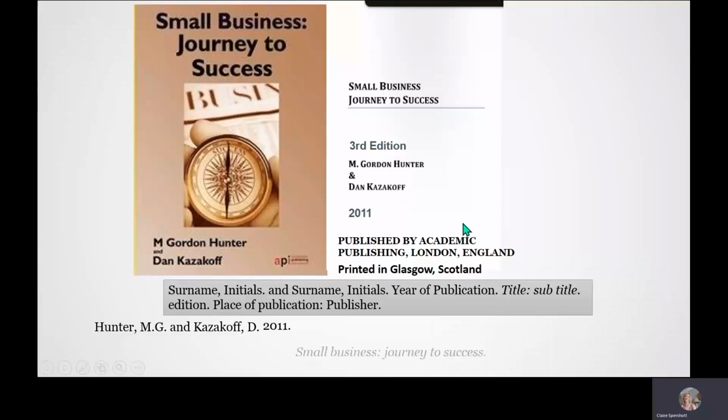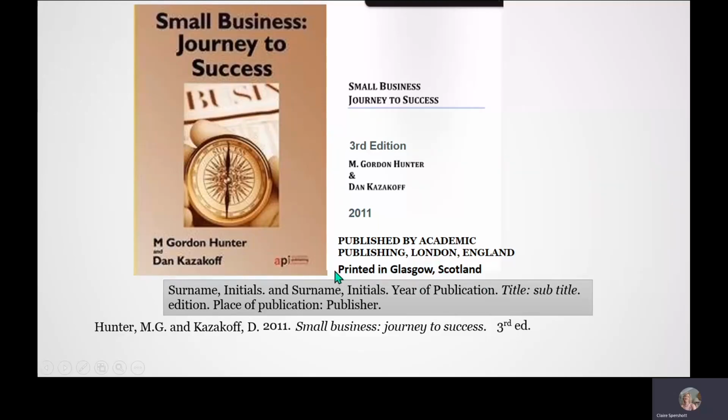But when we're writing the title, you only capitalize the first letter of the title unless there's a proper noun in it. So only S for small business will be capitalized, and the subtitle is all in lowercase. Okay, the edition is the 3rd edition. And then the place of publication and the publisher. So this says published by Academic Publishing, London, printed in Glasgow, Scotland.